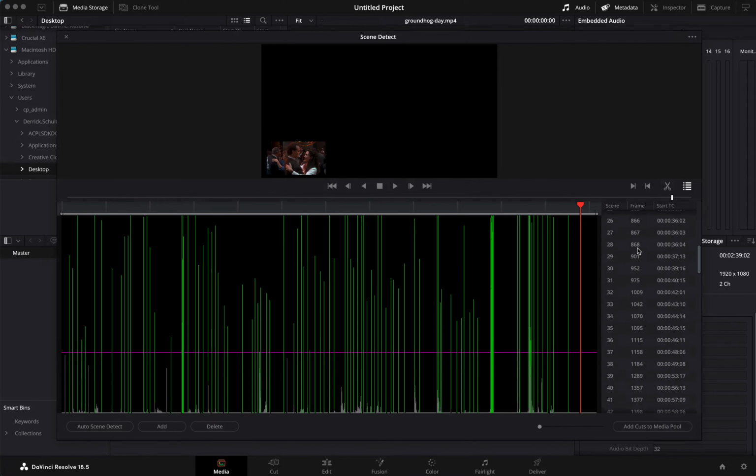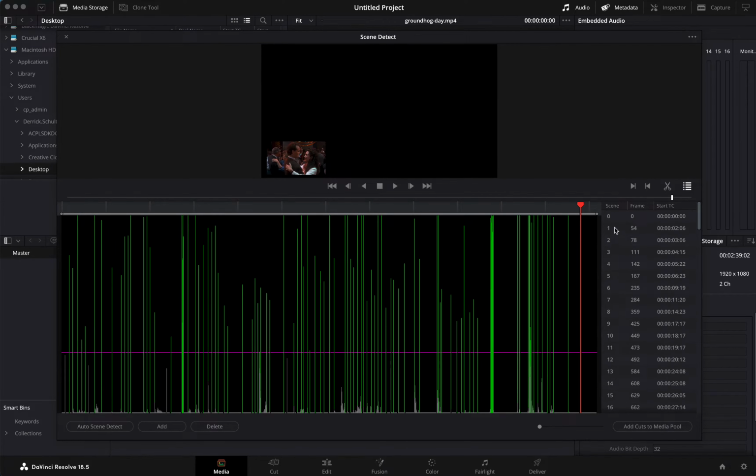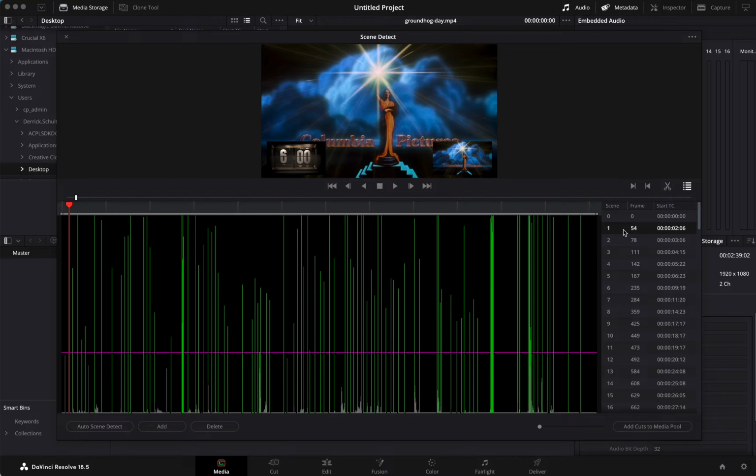So we'll scroll back up here and click on each scene. As this loads in, you'll see there's a single image here, and there are also two images to the left and to the right. This is the frame before and the frame after the frame where it wants to do the cut. In an ideal world, which is exactly what we see here, the frame before is dramatically different from this frame, and the frame after is very similar. That is how we know there's a cut here, so I can assume this is correct.